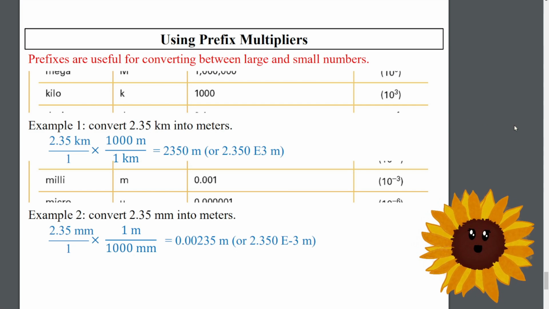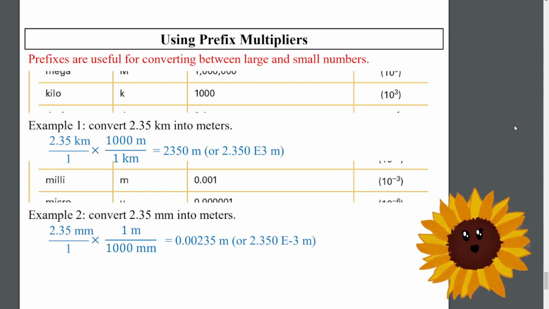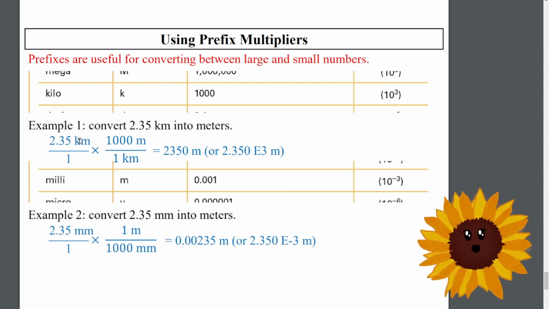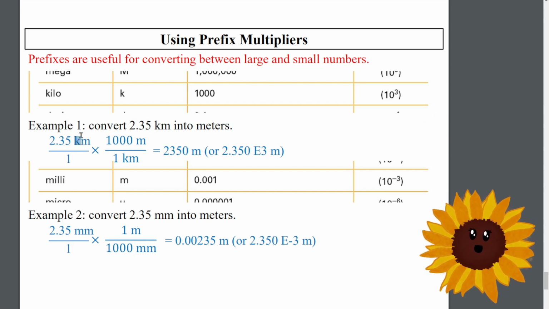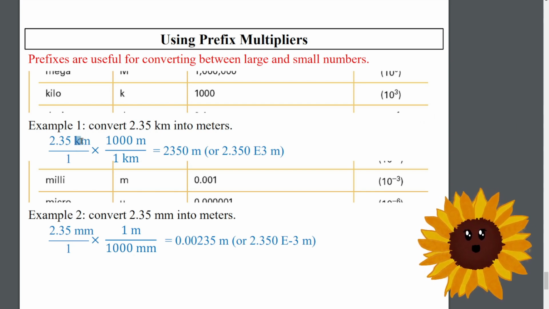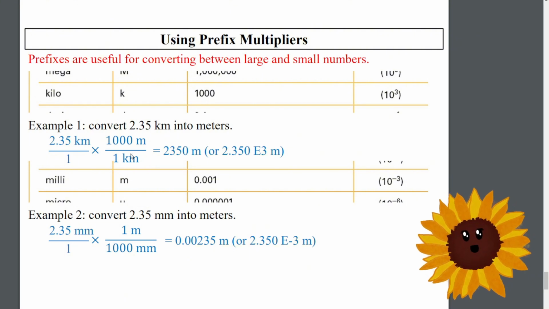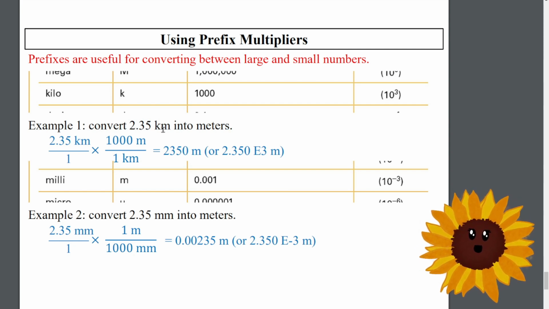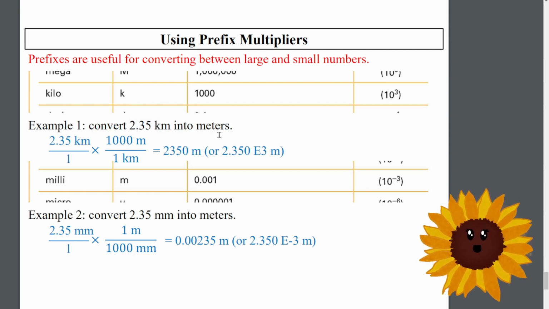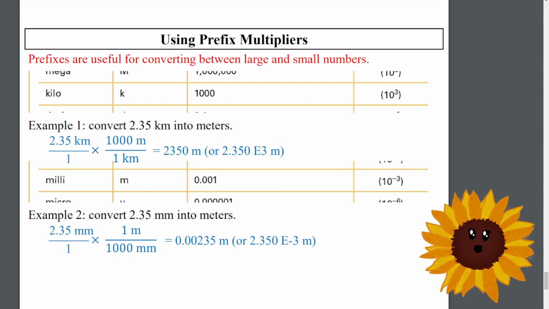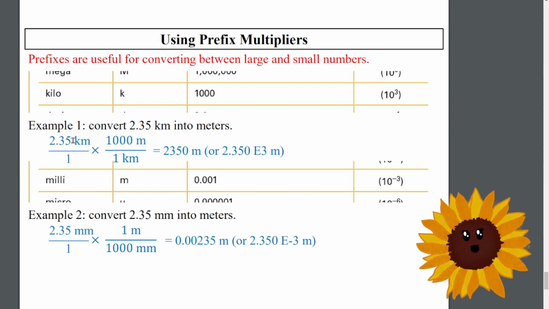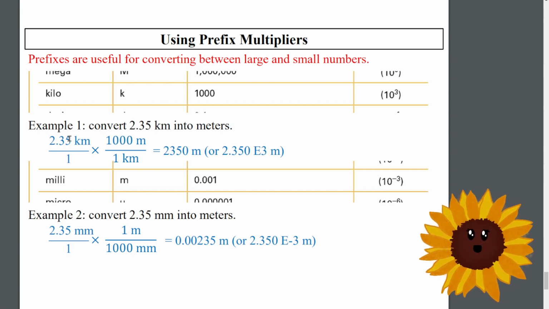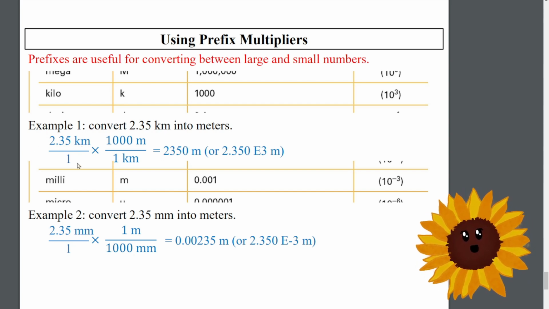Prefixes are useful for converting between large and small numbers, because now that we have these prefix modifiers, the K means kilo, and we can start canceling out units of measurement. You're going to be given a problem like this: convert 2.35 kilometers into meters. There are a bunch of different ways you can do this, but what I think is best is doing exactly this. You take your number that was given, and you put it over 1